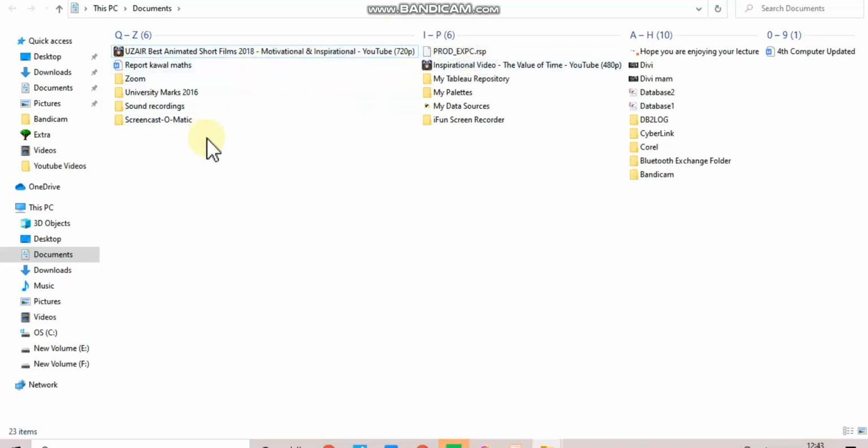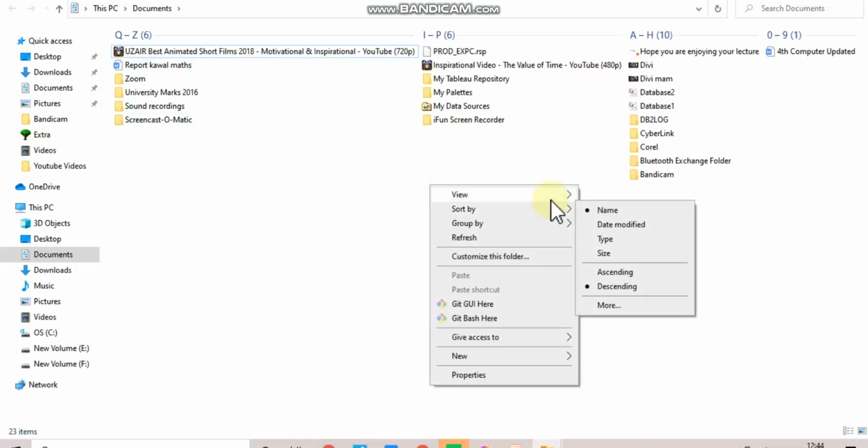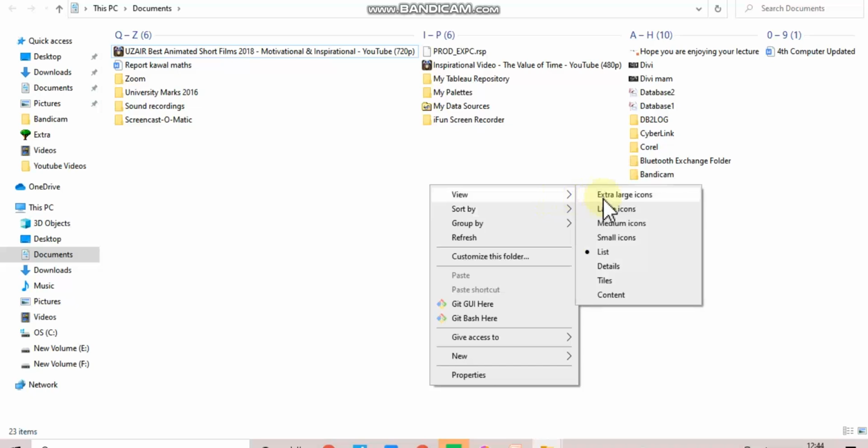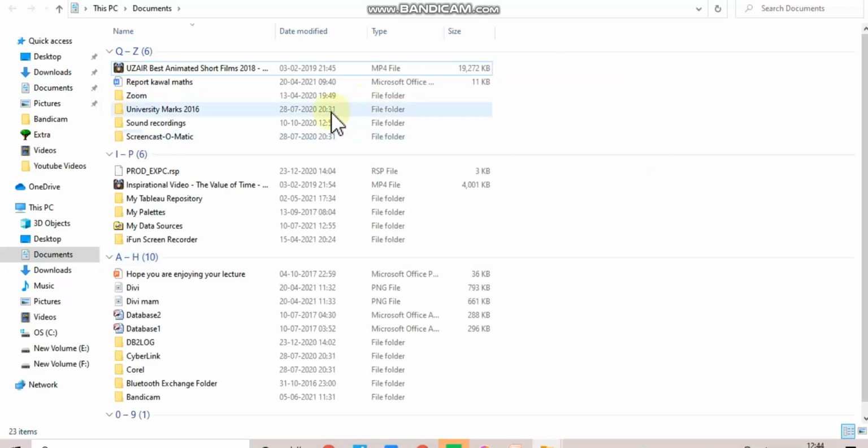Okay, so this is a list view. List of items is being displayed. Whether it is a file or a video, whatever thing it is, whatever file or whatever document it is, it will be displayed as a list. Next view, let us switch to next view. So when you want to see the same content in different view, just click on another view name. So details. Okay, so this is the detail view.